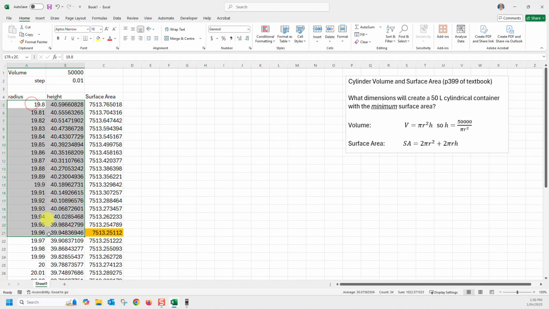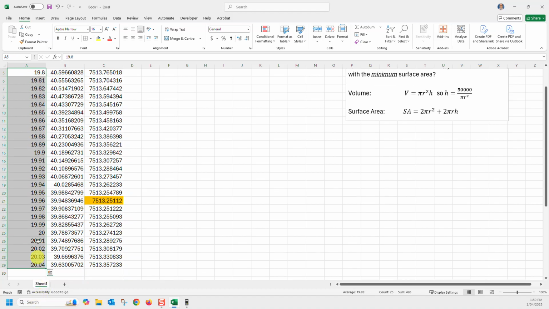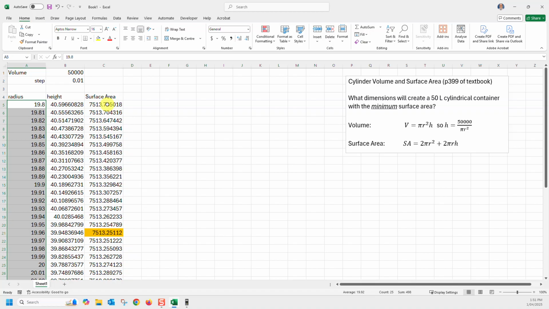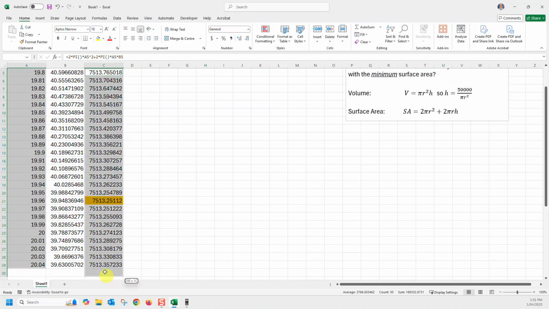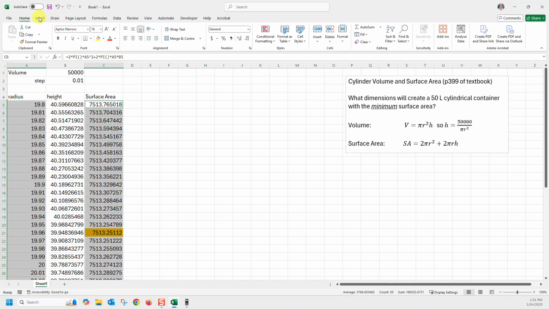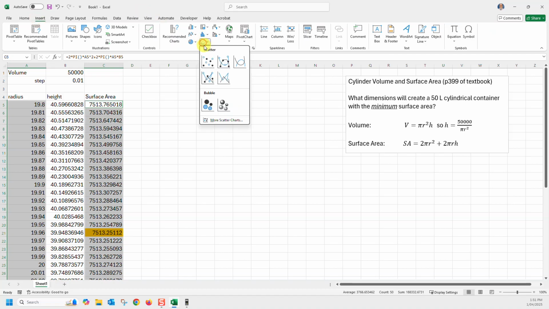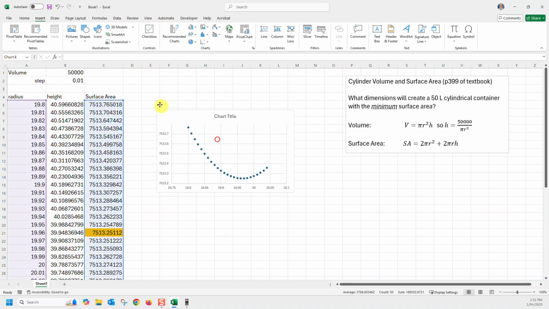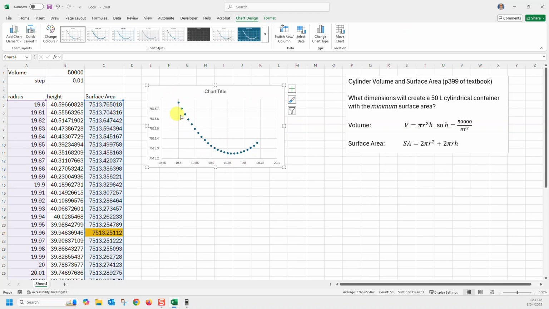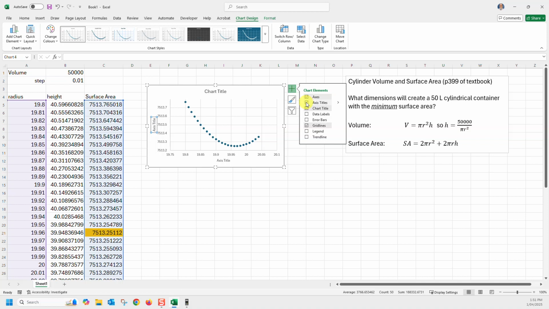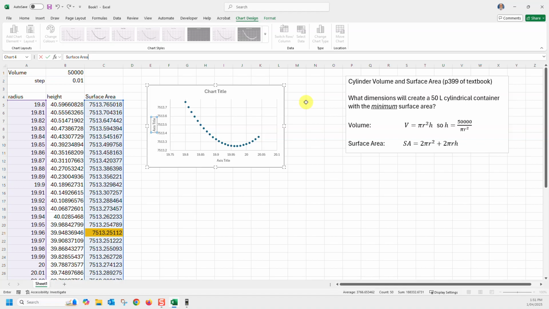If I click and drag on the first column, then holding the control key, I click and drag on the second column. I can then go Insert, Chart, and I'll have a scatter chart. And that shows me a nice diagram here. Now let's add some titles to the axis. The vertical value is the surface area. That's in the unit of square centimetres. The horizontal axis is the radius